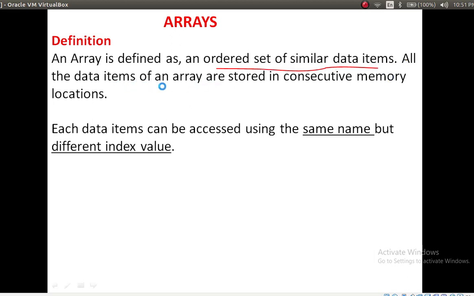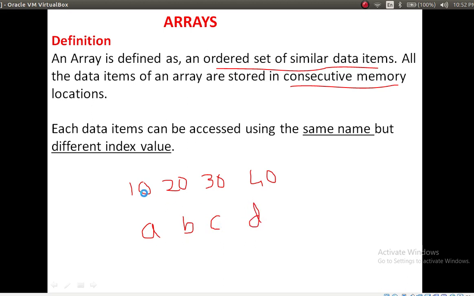Similar data items means if you want to store numbers, only numbers you have to store: 10, 20, 30, 40. If you want to store characters, you have to use characters only: A, B, C, D. These are all similar data items.